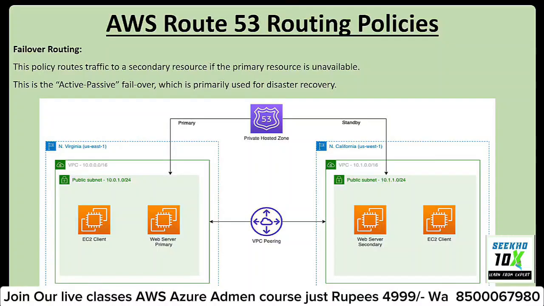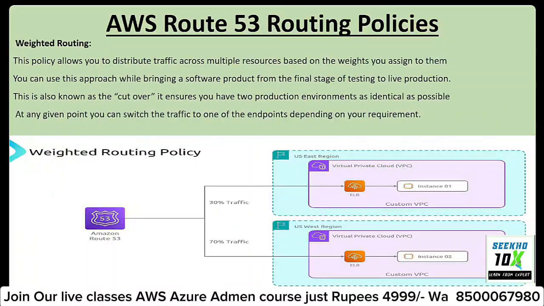And the third one is weightage routing. This is one of the major important policies which most developers use. Why? Because this policy is defined based upon the percentage of traffic that needs to be shifted. For example, I have built a website and tested it, and it worked fine when I used it by myself. So I want to replace a production site that is already running on the internet. I want to replace that site.